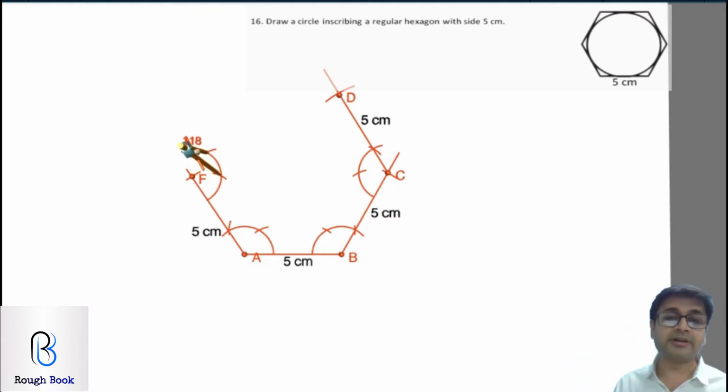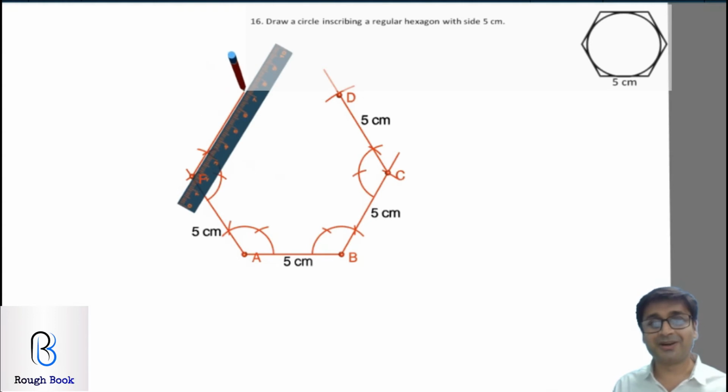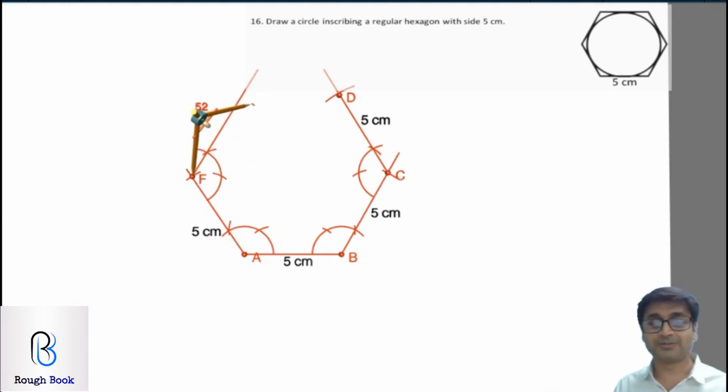So four 120 degrees are very important to get an accurate hexagon. You know how to draw the hexagon accurately? Smiling, huh? Cheaters. Protractor method. Don't forget your arcs though. So from F, 5 centimeters and we get the last point, point E. Join EF and your hexagon is ready.